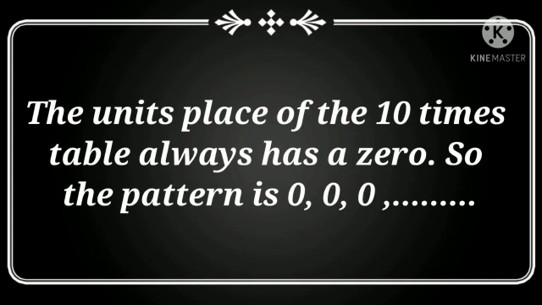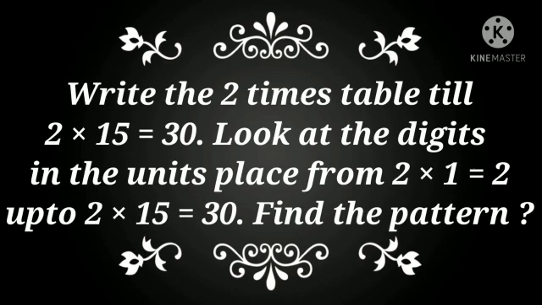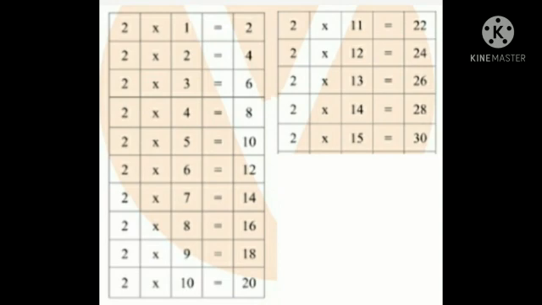Moving on to the next. Write the 2 times table till 2 into 15 gives you 30. Look at the digits in the units place from 2 ones is 2 up to 2 15s are 30. Find the pattern. So first we will write 2 times table. So 2 ones is 2, 2 twos are 4, 2 threes is 6, 2 fours are 8, 2 fives is